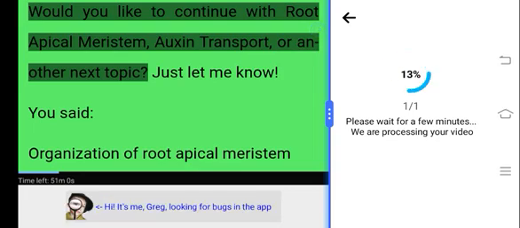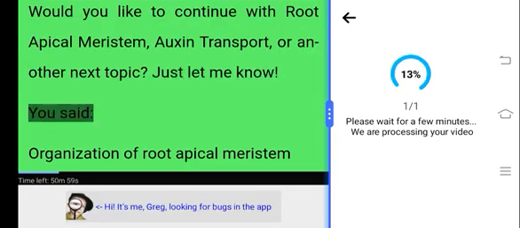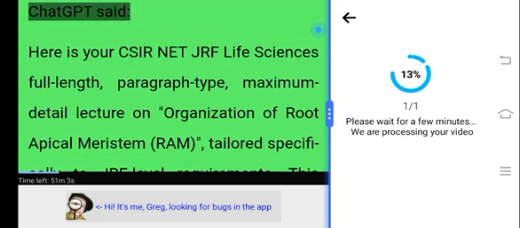Would you like to continue with root apical meristem, auxin transport, or another next topic? Just let me know. You said: Organization of root apical meristem. ChatGPT said: